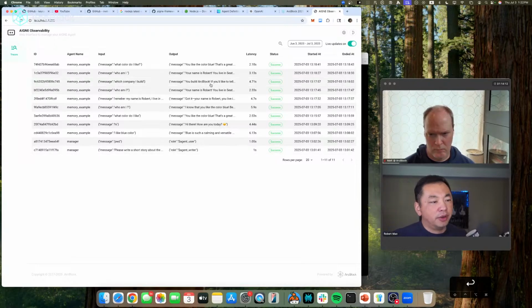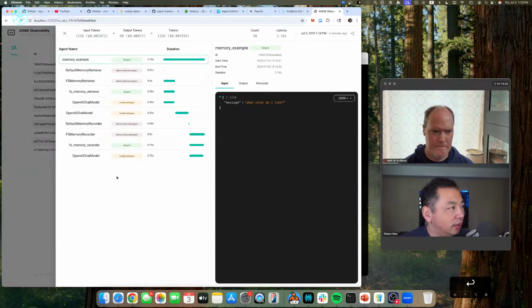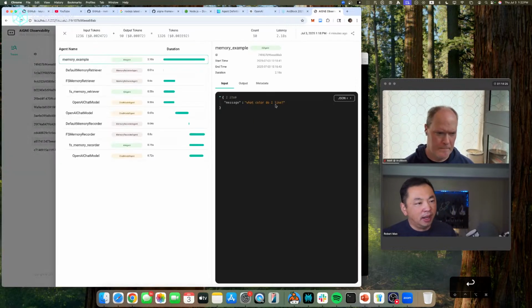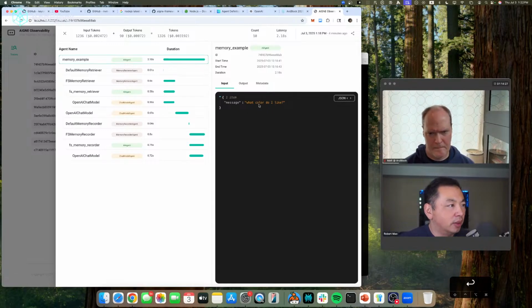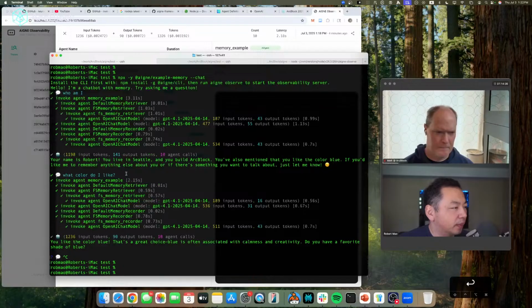This website is served on the development computer, and you already see a bunch of things show up here. If you click on this, you will see this is actually the question I asked the AI: what color do I like, right? And this is the output. This output is exactly the same output that I see here.